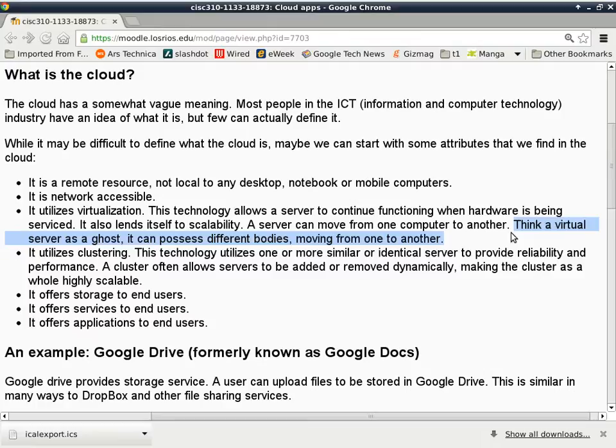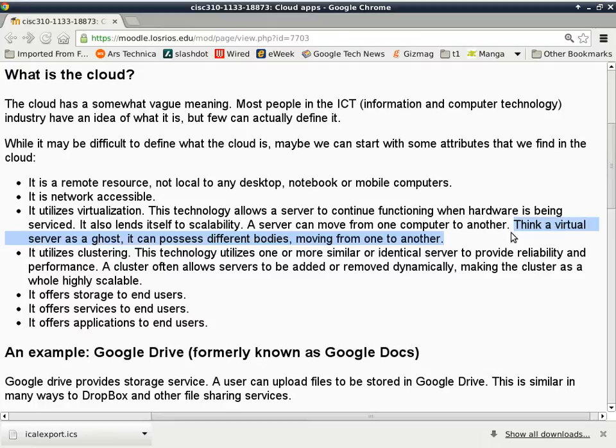A ghost, a spirit, is possessing a particular body. And let's just say that that body is involved in a car accident. So the physical body is about to die. In this case, it is equivalent to a physical server about to die because the hard drives are failing, the motherboard is failing, or something along that line. So instead of saying, oh no, all the data stored on this computer will be lost, and we can no longer make that application function,